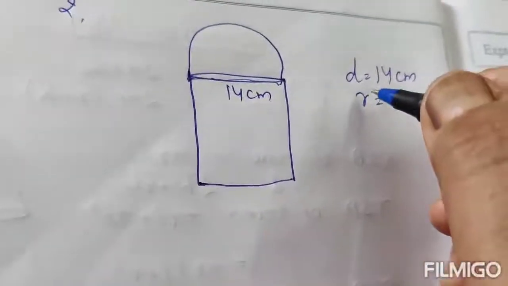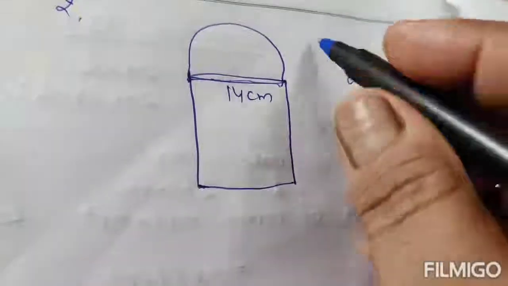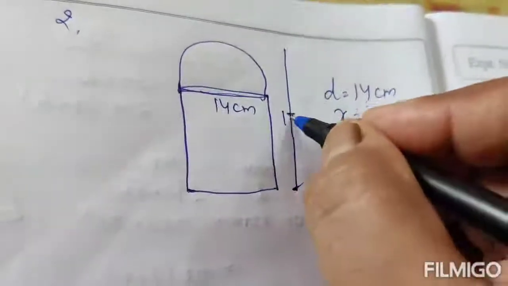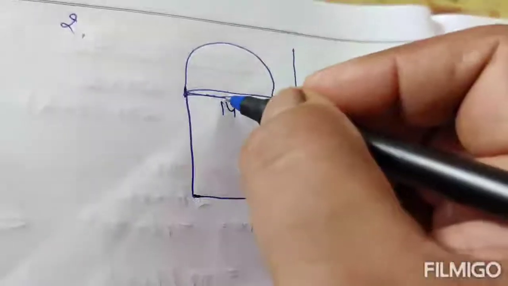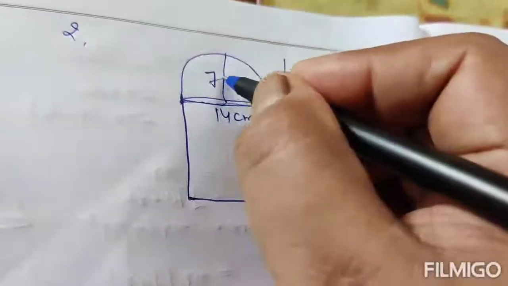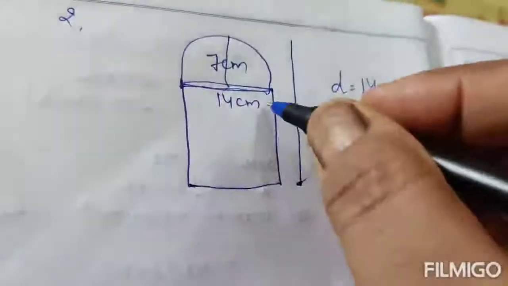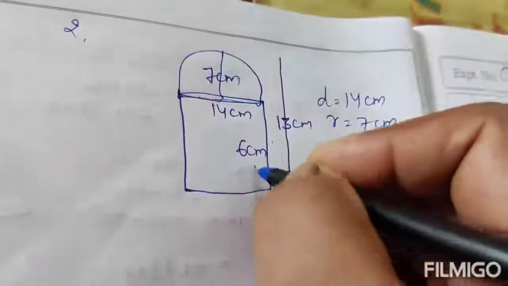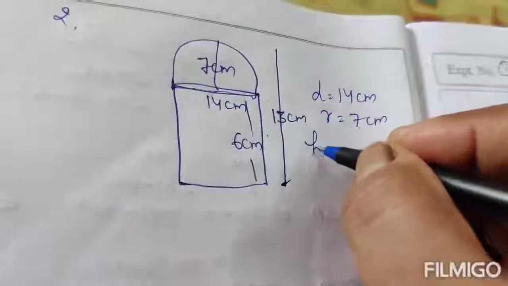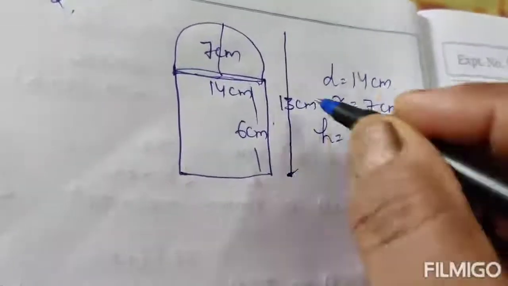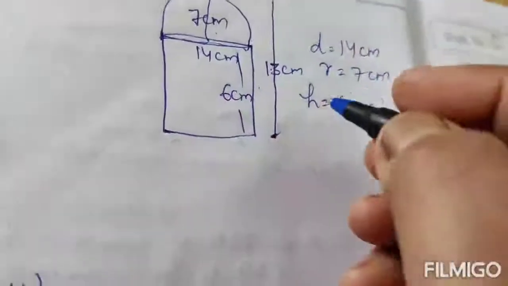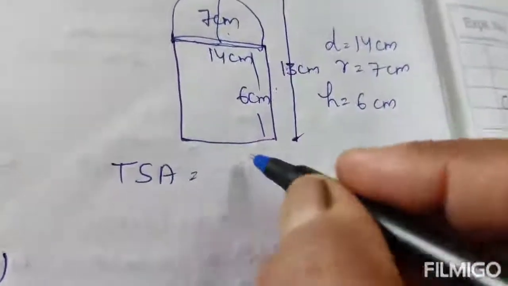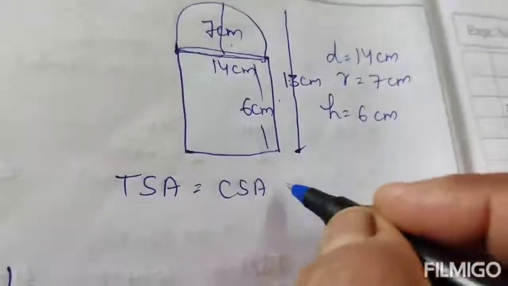The height of the vessel is 13 centimeters, which is the total. If the radius is 7, then the height of this cylinder is 13 minus 7, which is 6 centimeters. Now find the total surface area of the vessel, equal to the CSA of the cylinder